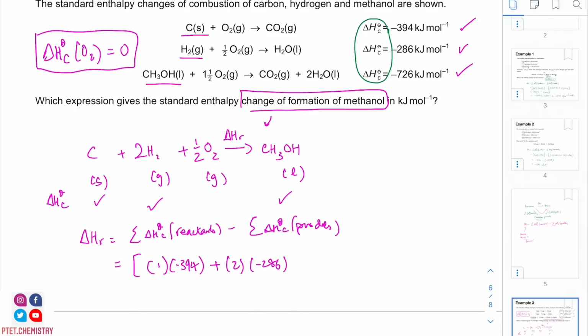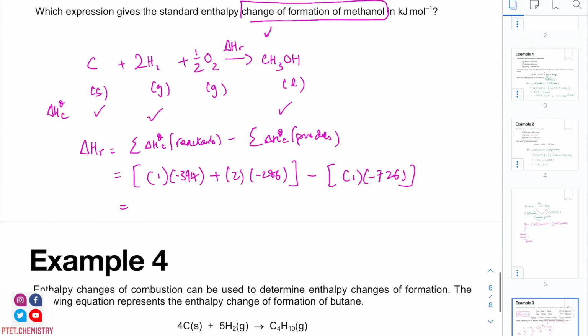2 at 6, and then minus the combustion of the product. I have 1 of the methanol. So right now I'll leave a space there, but anyway, it's minus 966, it's minus 726. So with the use of brackets again there, I hope you can see the minus become a plus, and sometimes you mistakenly omit that step when you just put everything into a calculator, and that is quite bad,